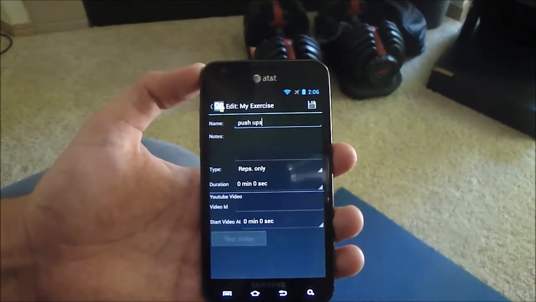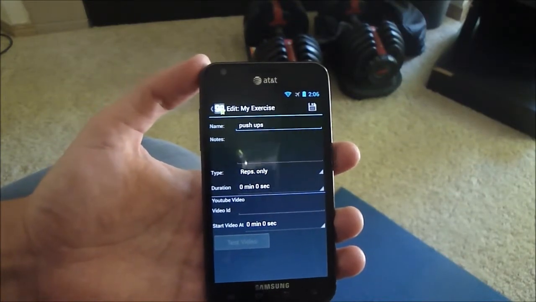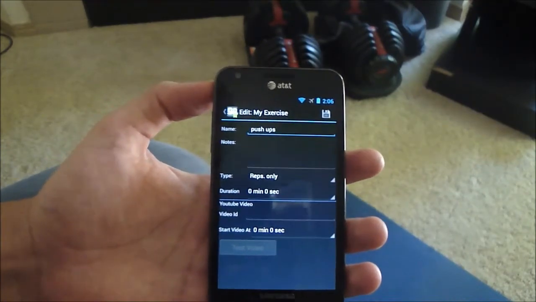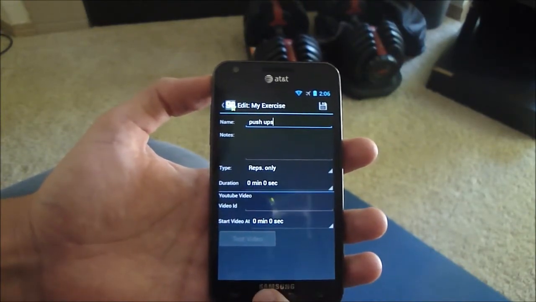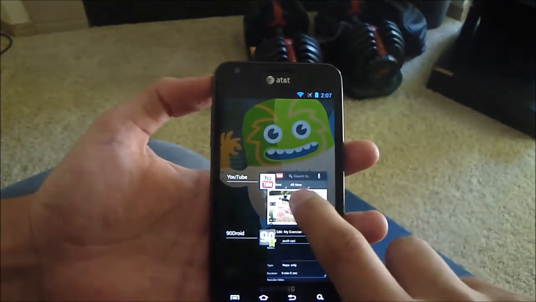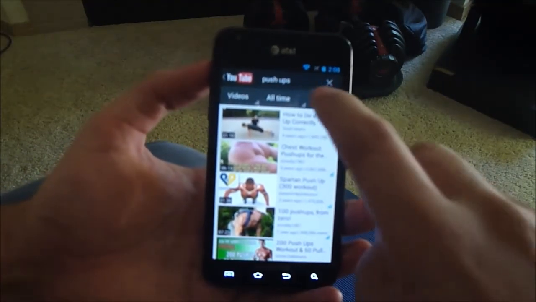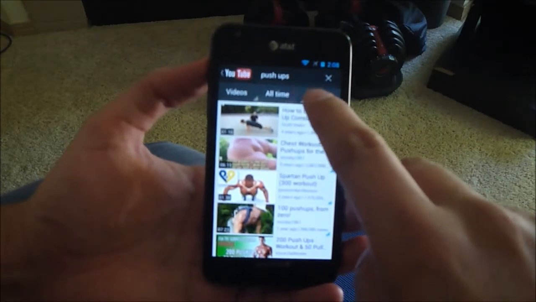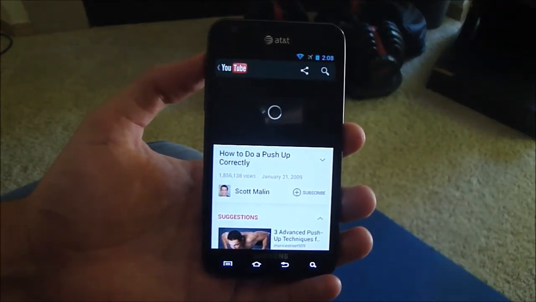The duration is optional. So in this case I want to show you how to create an exercise that has a YouTube video. So what I'm gonna do is I'm gonna switch and I'm gonna go to YouTube. So once I'm in the YouTube app, I can search. I already did a search for push-ups. So what I'm gonna do is select the first video, and